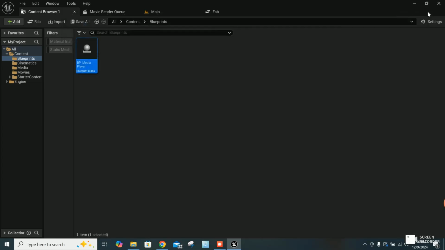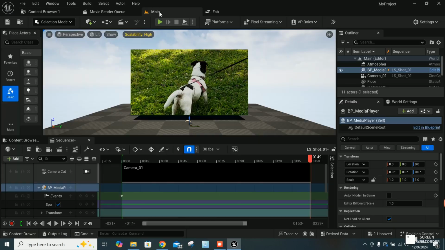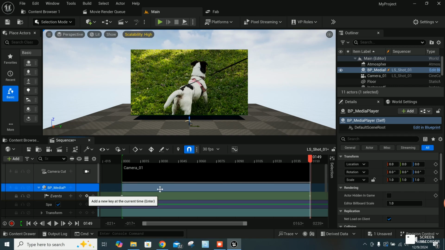Okay, close this window, go back to the main level with your sequence header at 149, click add,